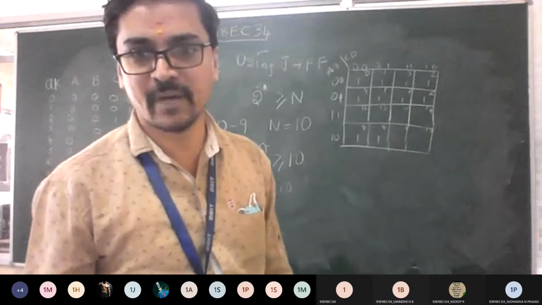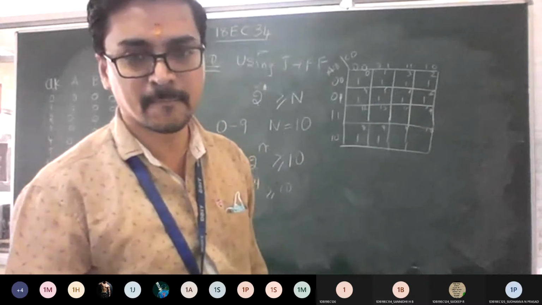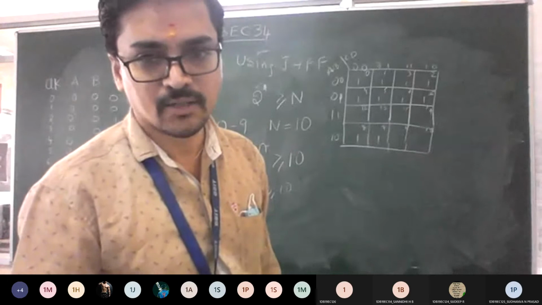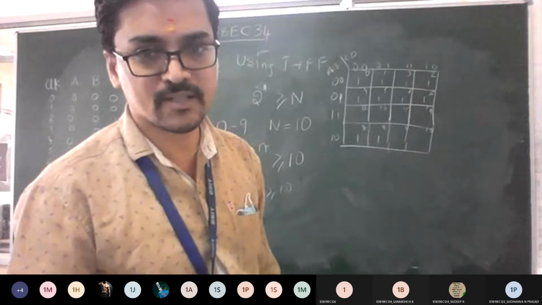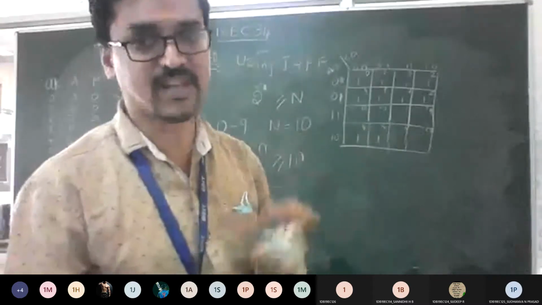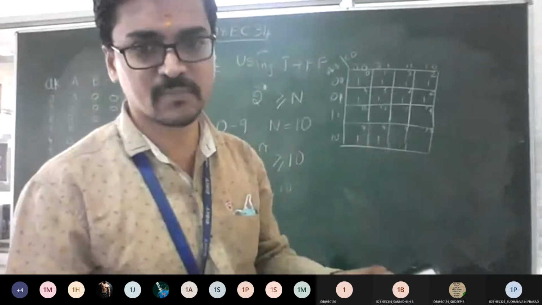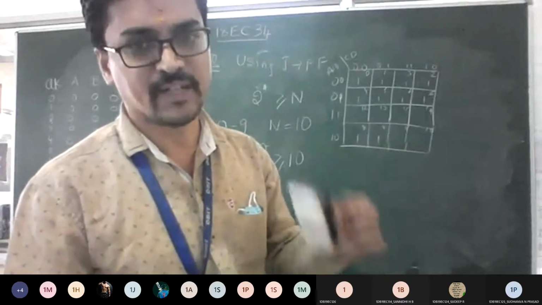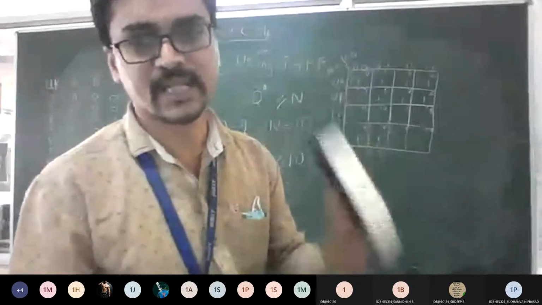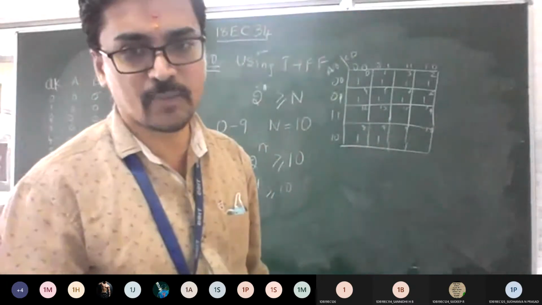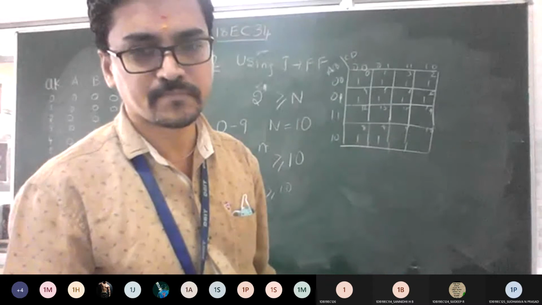How to do groupings now in K-map? Maximum you have to start with what? 8. Octa. You have to check with octa, because if you combine octa, you are going to get the number of expressions as less as possible. If not possible, then comes quad. If not quad, then comes pair. If it is also not a pair, then comes your single marking. Okay. So now do you have an octa option here? Yes, sir.